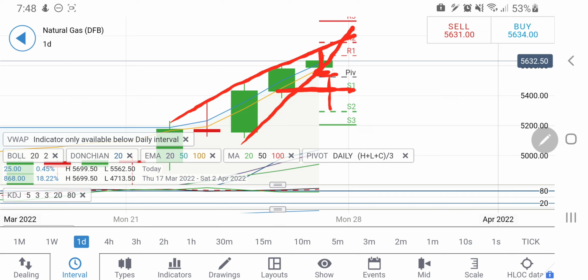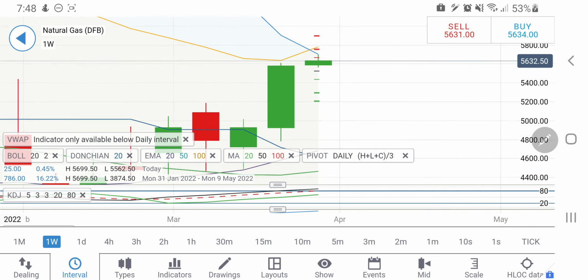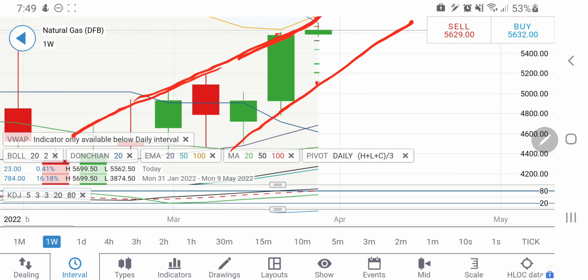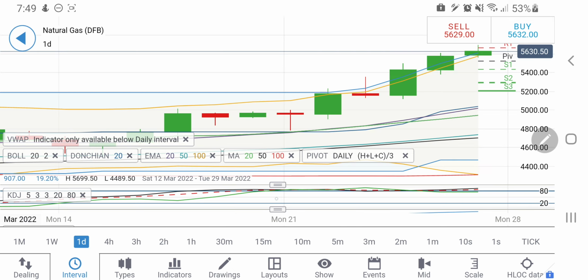On the upside, if it breaks 5.7, one can expect it to give a stronger rise. Similarly, on the weekly charts, the candle has just begun, and it is trying to see the high there. Last week it gave a breakout, but we did not sustain. Now 5.7 levels are giving it a little support. On the downside, there is a support at around 4.9 levels. So possibly if it tries to drop, it may drop strongly.